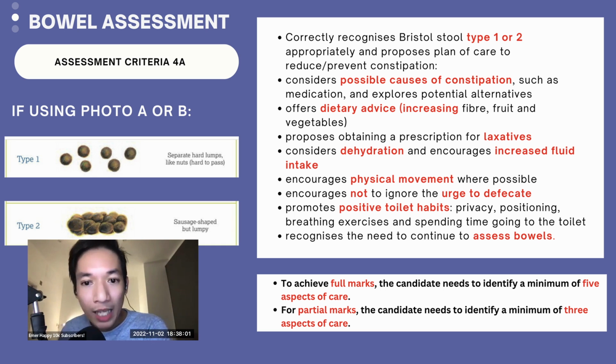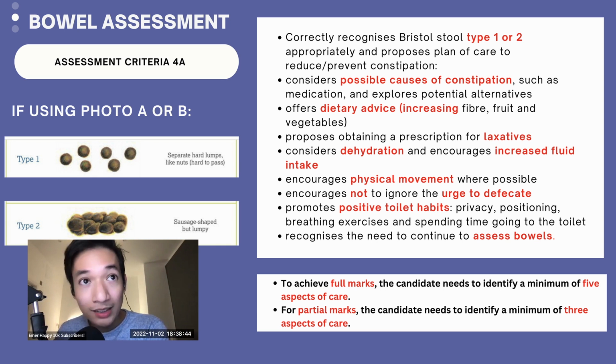All right. So as you can see on my screen, I've highlighted the words that you might need to remember. Again, so let's say for the second criteria, constipation, the possible cause of constipation. You don't need to remember this or memorize this word per word, okay? Look for the keywords, probably create a mnemonic. How will you be able to memorize all this, okay? Let's say for the first sentence, possible cause of constipation, okay?